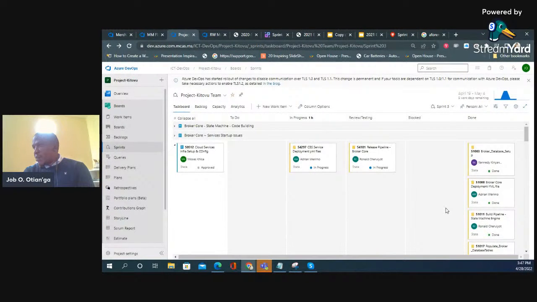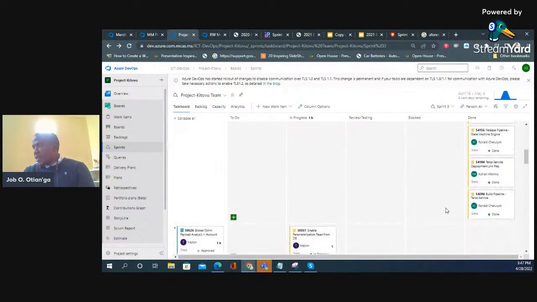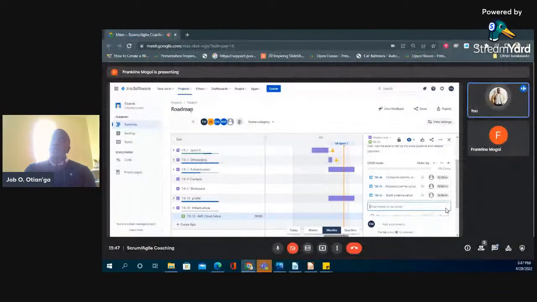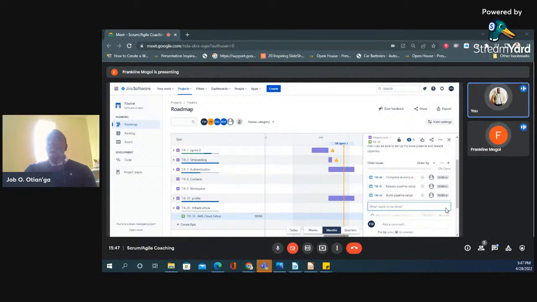Other than that, you need to set up, what is it called. So we have the release pipeline setup, build pipeline setup. Then I think the other thing that they need to do is to